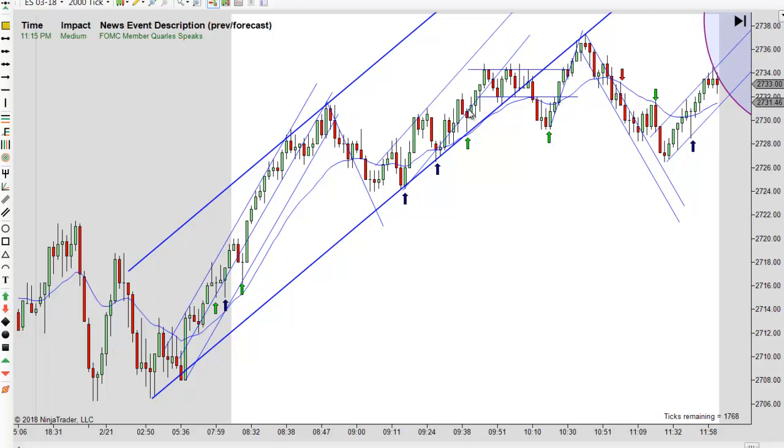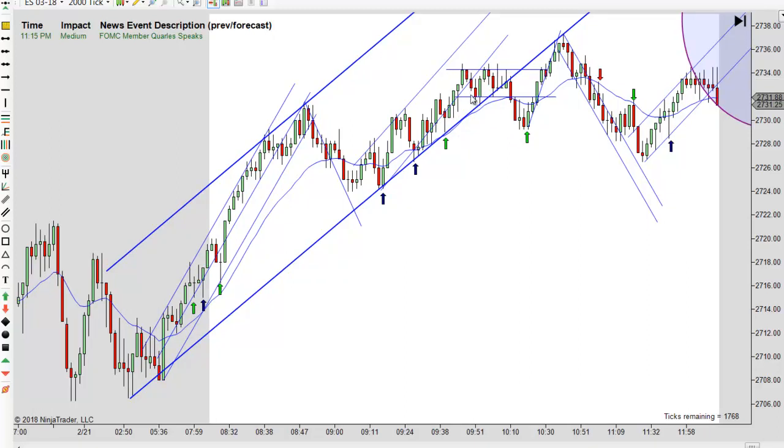Fairly decent bar. I'm not crazy about it going long right into the high, but this has been a strong trend, and we're looking for a possible measured leg up, so you might take that one. And then, of course, we've had the break of this channel now and a move to a new high, so you might get a correction.